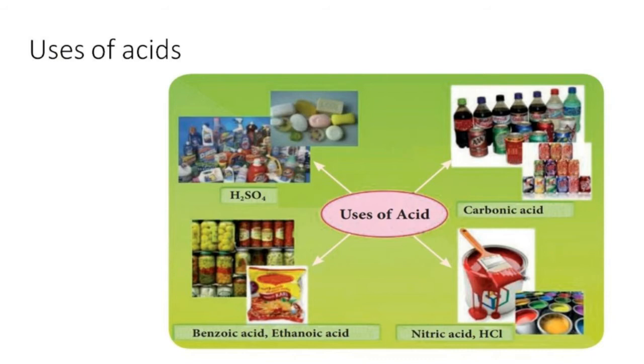Sulfuric acid is called the king of chemicals. It is an effective dehydrating agent. It is used in various industries to make detergents, paints, fertilizers, and many more chemicals. Hydrochloric acid, nitric acid, and sulfuric acid are important laboratory reagents.